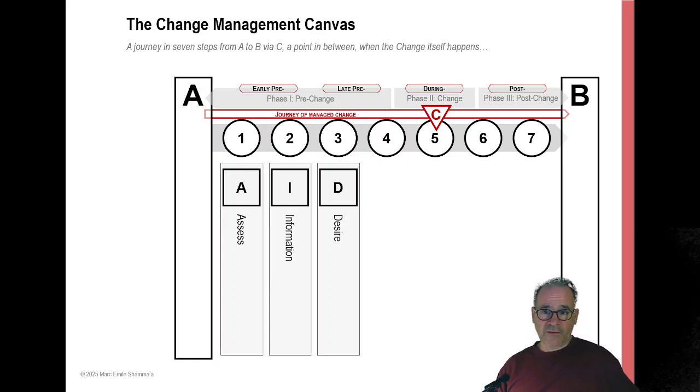The light at the end of the tunnel is visible, whereas at assess and information, the change is still quite a way off. At the desire stage, as the name implies, we want people to start looking forward to the change, not to be afraid of it. In information, they started to know all about it, but it was still too far off for them to be really kind of excited by it